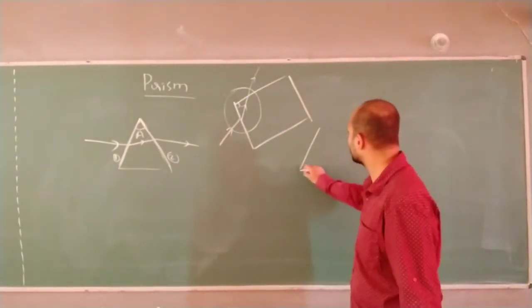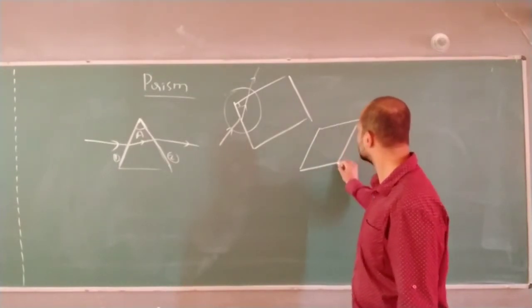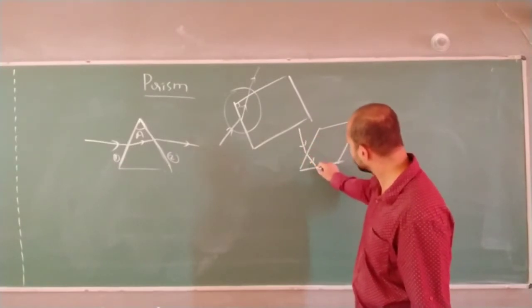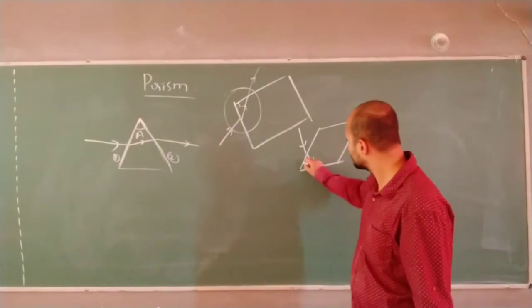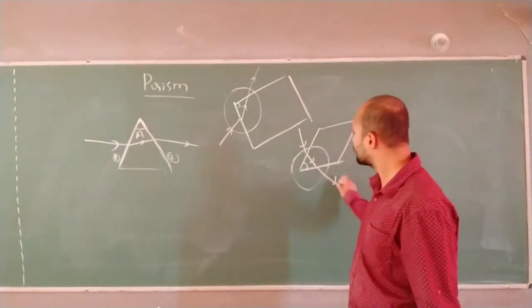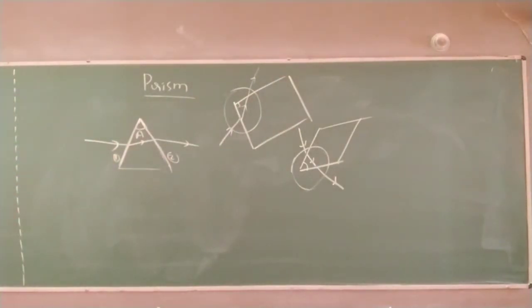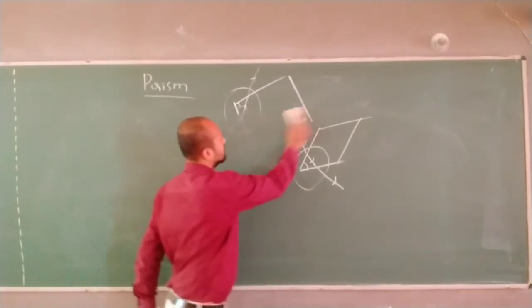If I take one object like this, when light is traveling, it will travel like this. When light travels like this, what is happening? This will be the concept of prism again. Correct? We can utilize it as a concept of prism. So this is the standard thing.